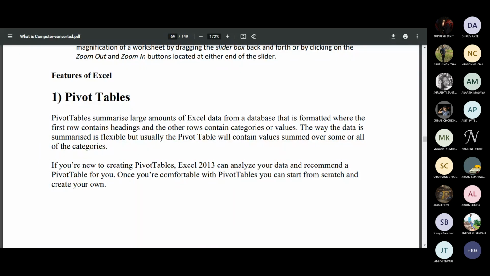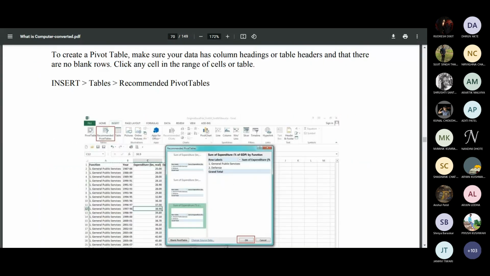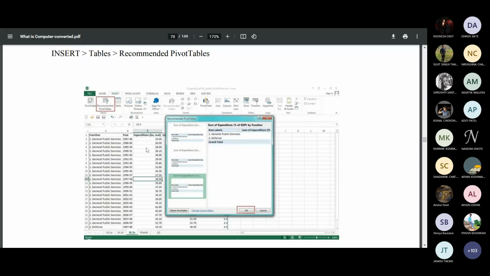So actually, to draw a pivot table or to show a pivot table, it needs a certain kind of data. So I'm just showing the data which I have in my hand, so that a basic idea can be created, and then you can explore all the features and let me know if there is an issue. So, just a minute.